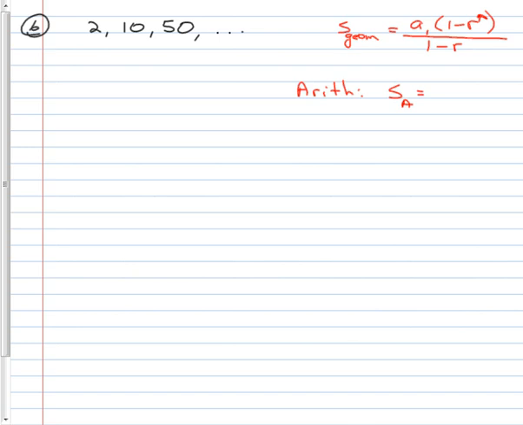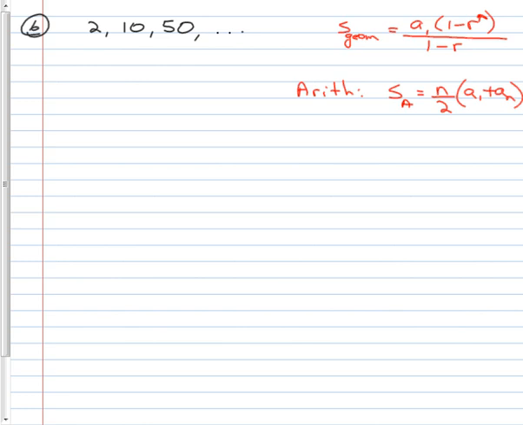I'm trying to remember how this book did it. If they do n over 2, a sub 1 plus a sub n, this is one way of writing it. A sub 1 plus a sub n. I have to look back and see if that's how this book did that. It's back on